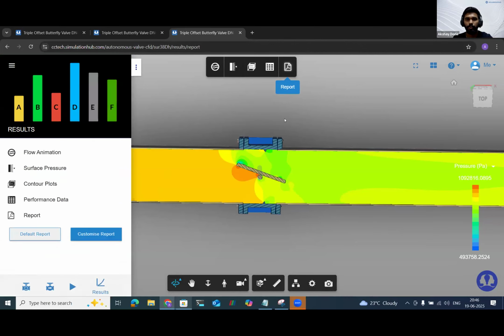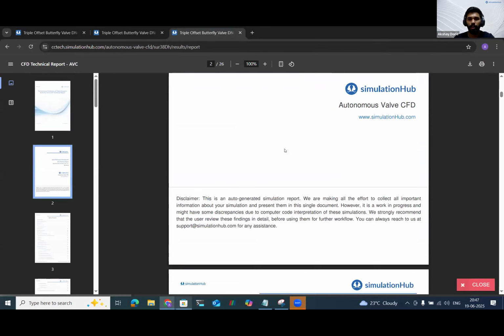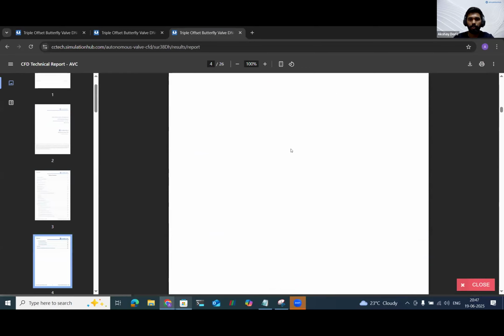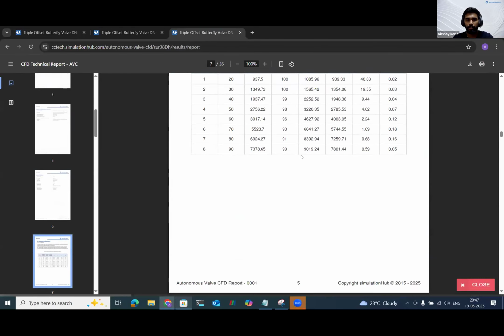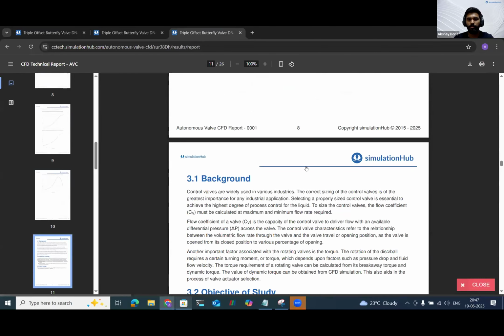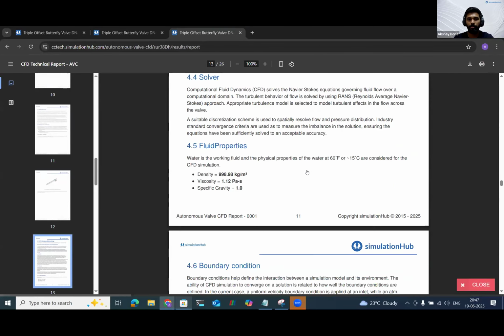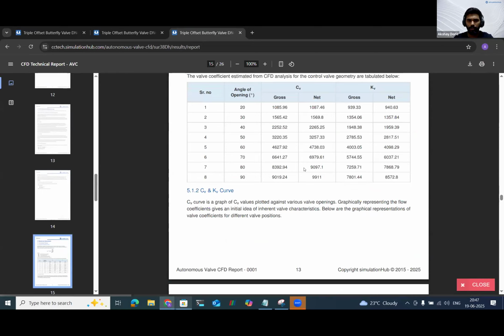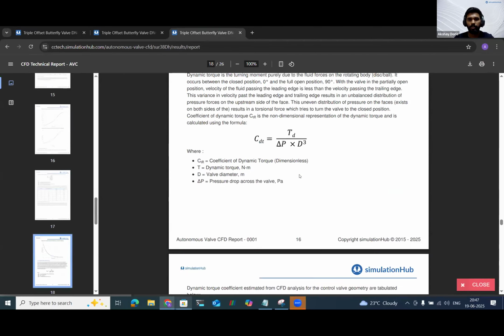So at the end of the simulation, this is the consolidated report, which is autonomously generated. It has everything that we just saw. So it will have your executive summary, which is the tabular data. We have the graphs of all the tabular data. We give a brief background of the process and of the CFD methodology. We show the formulas that we have been using for the various calculations,